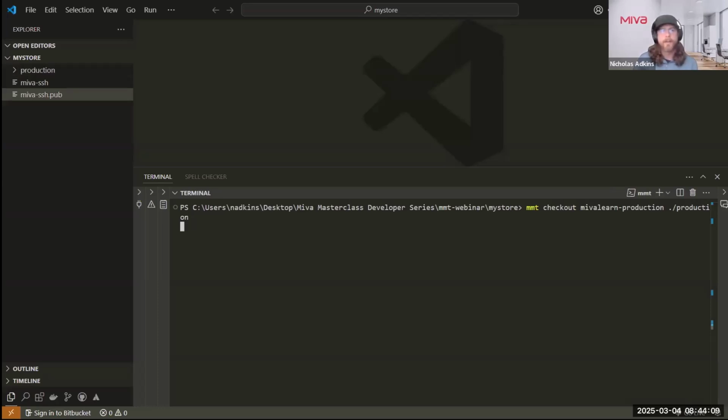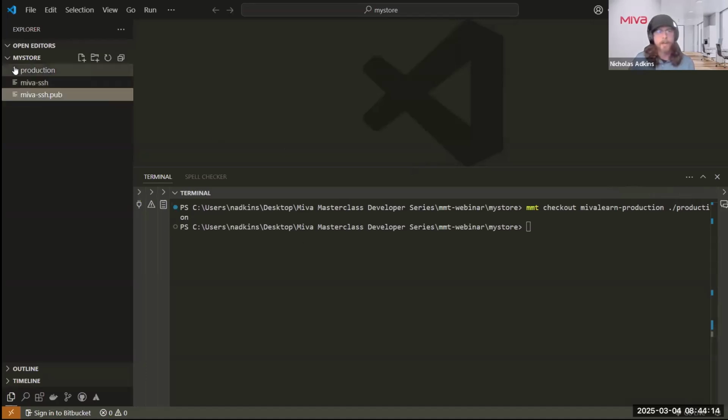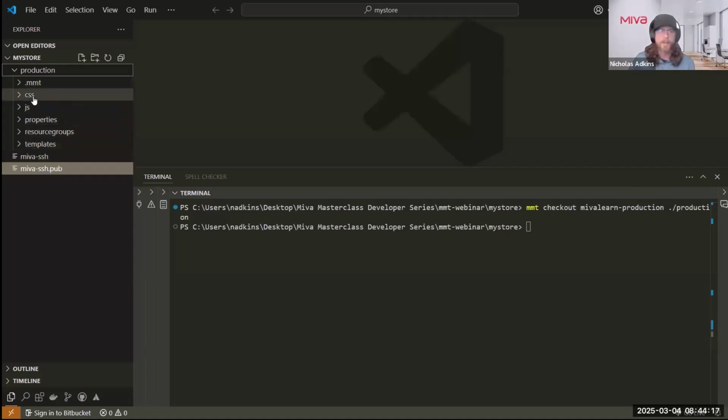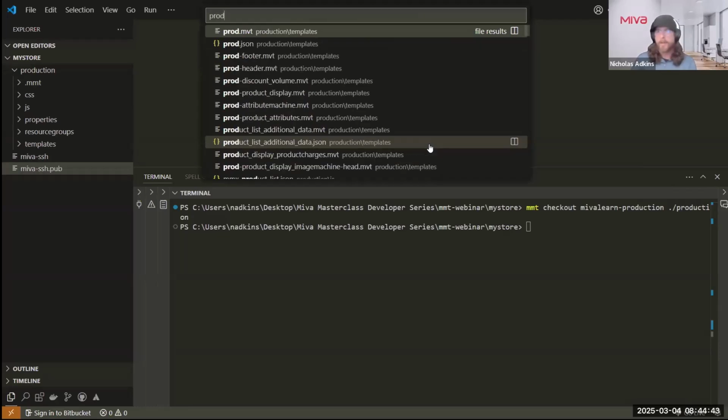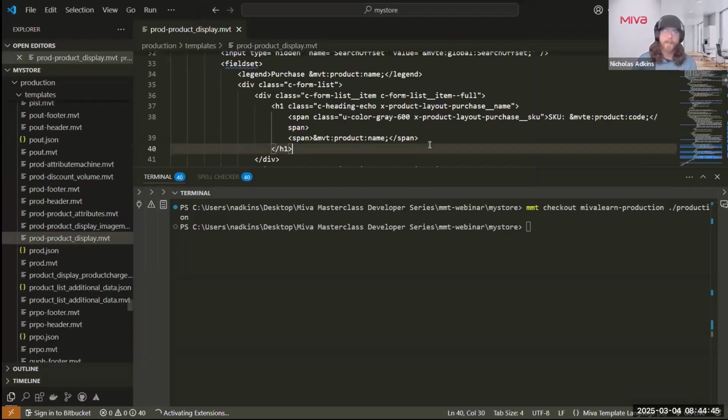And you can see that it will create the directory and it will add all of the templates here. So here's all of our directories that we talked about earlier, and all of our templates are inside here as well. Let's go ahead and make the update. So what I'm going to be doing is modifying the product page layout to include a conditional that will render the combination facet fit custom field. So if I go ahead and open up the prod dash product display MVT file here,